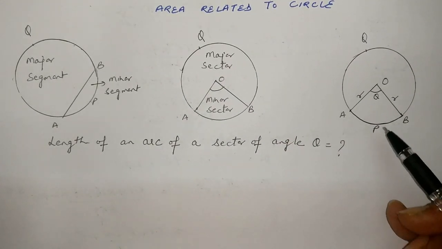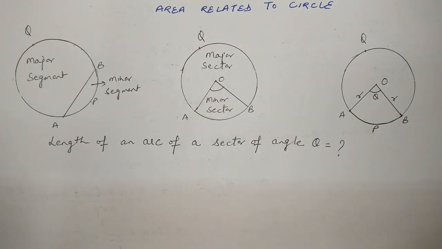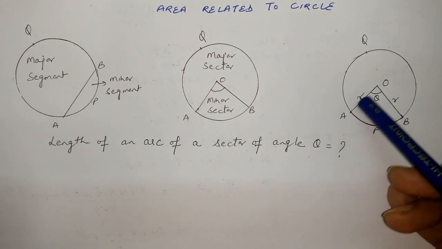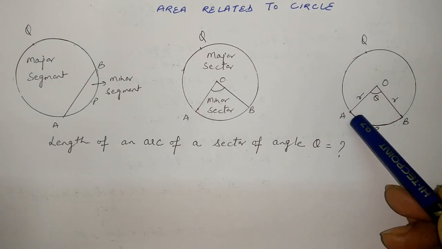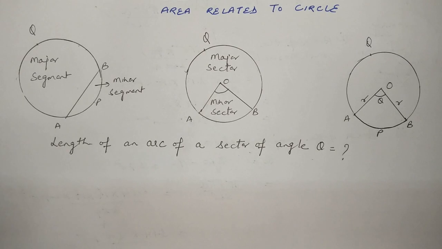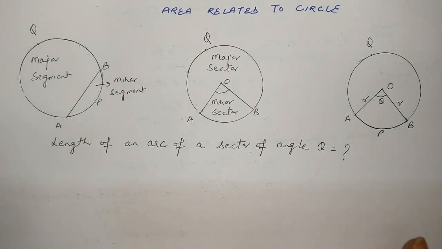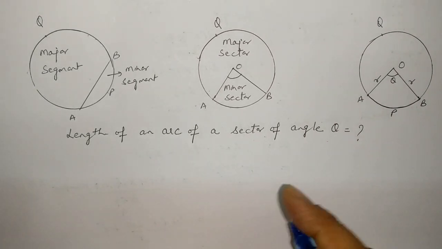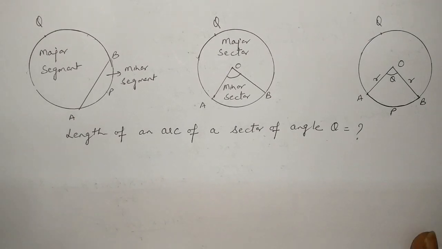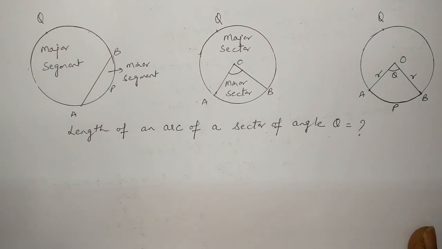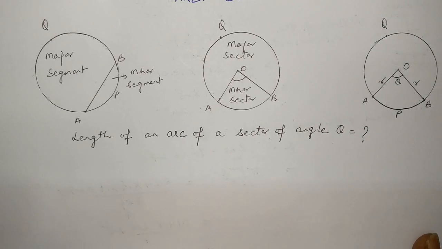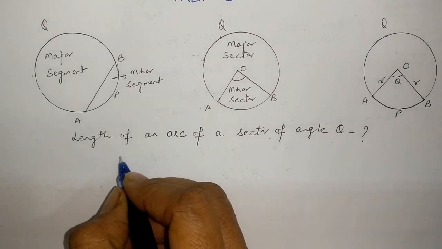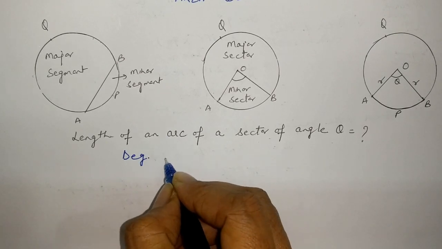As far as this diagram is concerned, how do we find the length of an arc of a sector of angle theta? Here you can see this is a sector AOBP. This sector subtends angle theta with the center of the circle, and R is the radius of the circle. So how will we find the length of an arc of a sector of angle theta? Before I start with the derivation, let me tell you, as all of you know, the degree measure